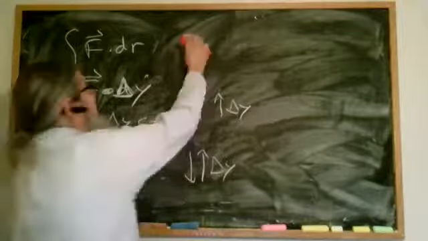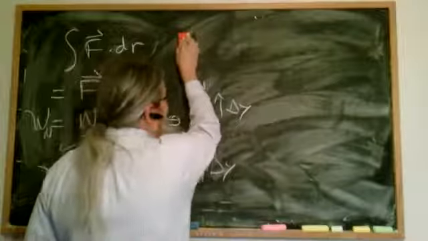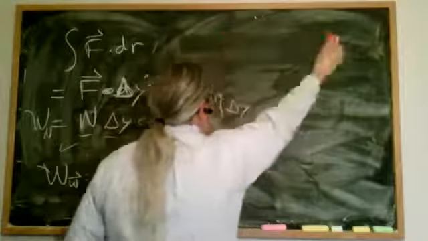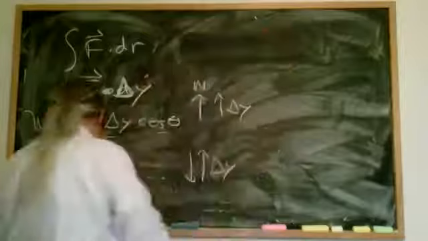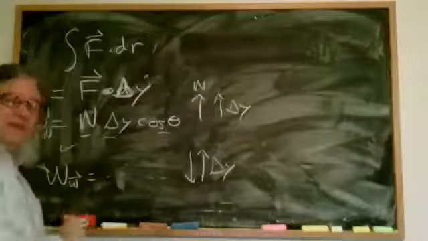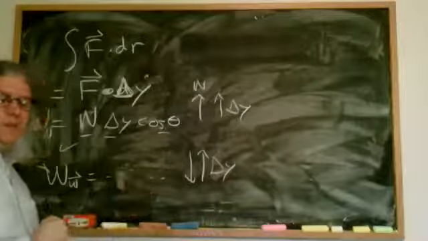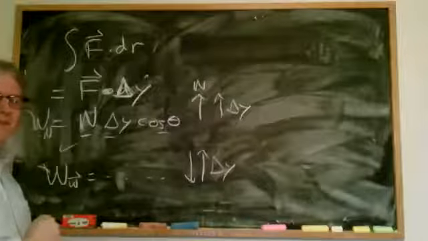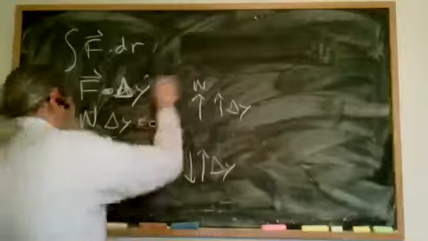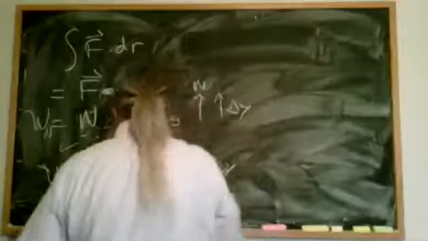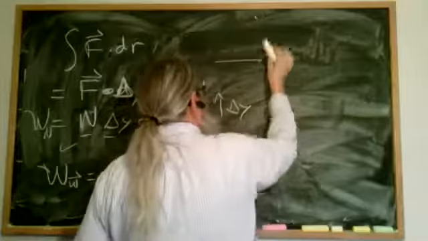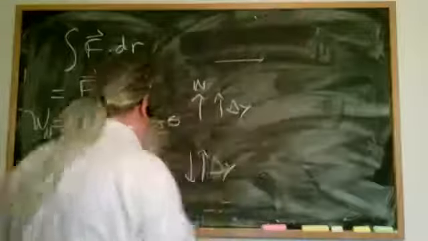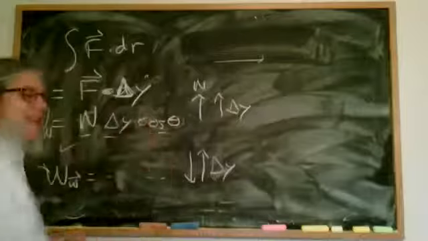So now let's do this. Suppose I take the eraser and I move the eraser from here to here. So what I did, I picked it up and I moved it from here to here. You can hear it moving. Okay. Work done by the normal force. Positive, negative, or zero? Zero, right. Because in this case, when I go from here to here, the normal force is out of the board, and the displacement is this way, so they're perpendicular. So perpendicular, cosine, that's zero.